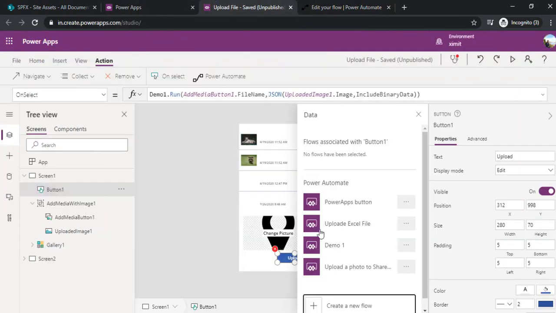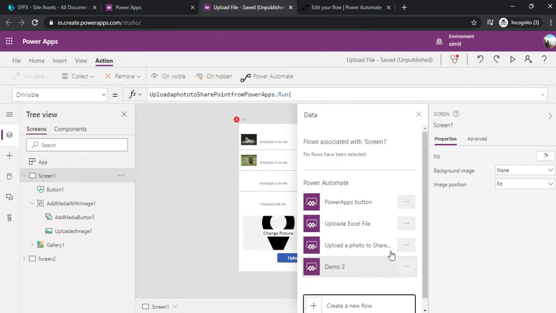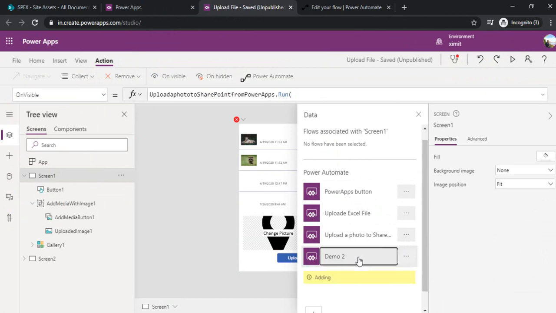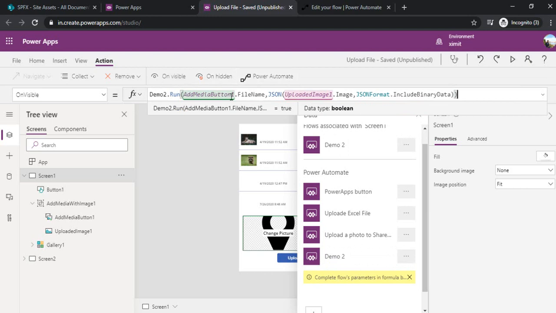Now circling back to my Power App, this demo2 will start appearing over here once this gets refreshed. Alright, I have demo2 appearing over there, so I'm selecting this. Now I will pass the parameters to it. This media control is the media button dot file name, and you can see I'm using this upload image.image and formatting that to include binary data. It's a JSON function I'm using there. So once I save it